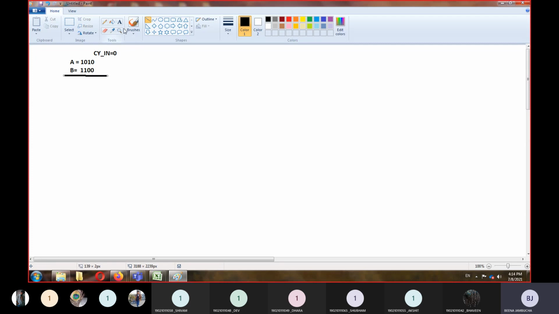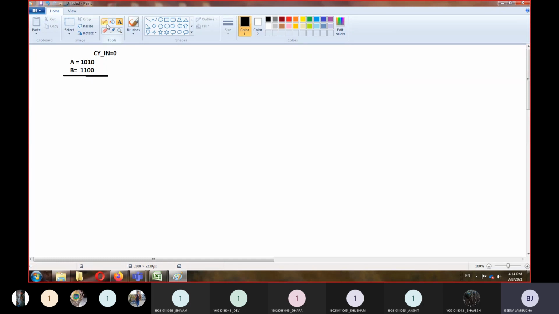So your output will contain actually two portions. One will be the sum and the other will be a carry. So here your output will be 0 plus 0 is 0, 1 plus 0 will be 1, 0 plus 1 is 1, and 1 plus 1 is 0, and the output carry will be 1.